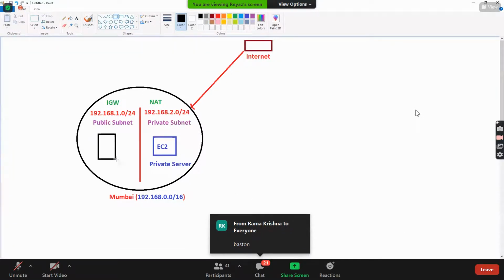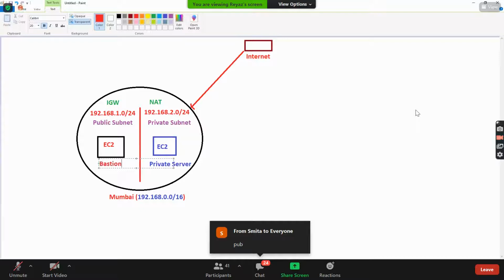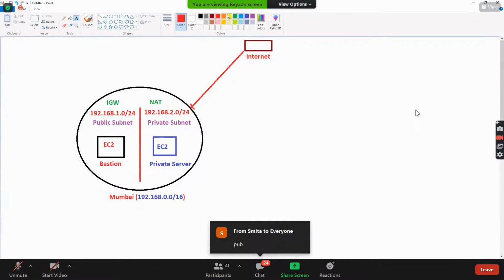Bastion. Excellent. So here I need to create a Bastion. Which subnet should it be on, public or private? Yes, so Bastion is just an EC2 instance. I named it Bastion server. So how do I connect?